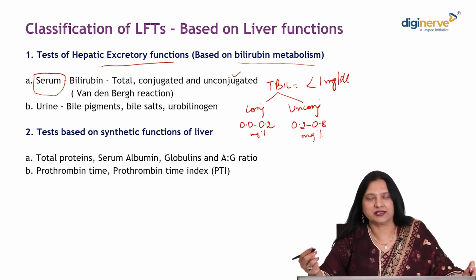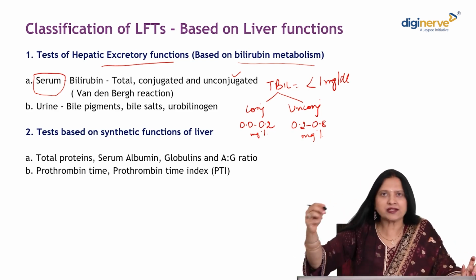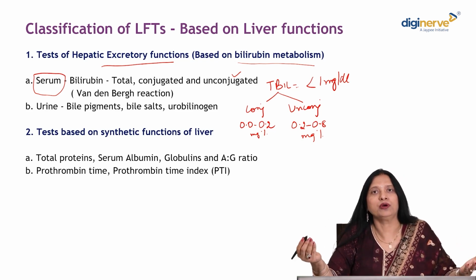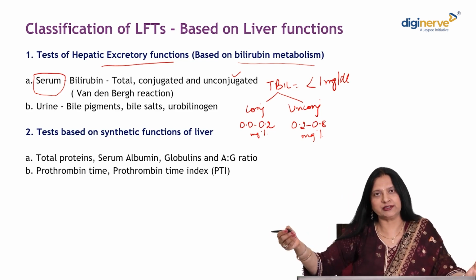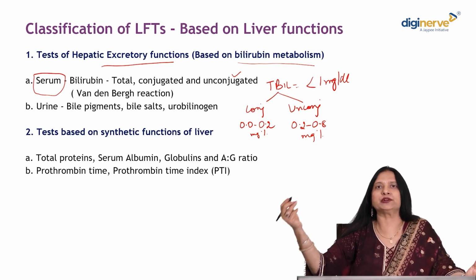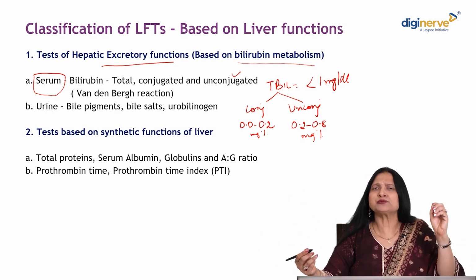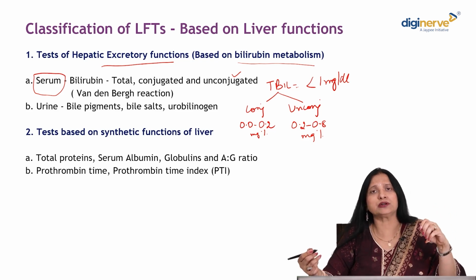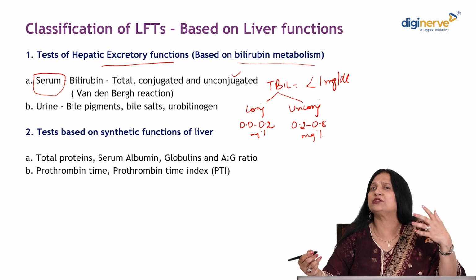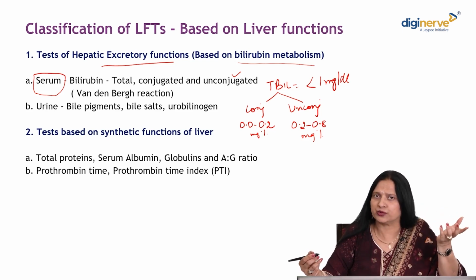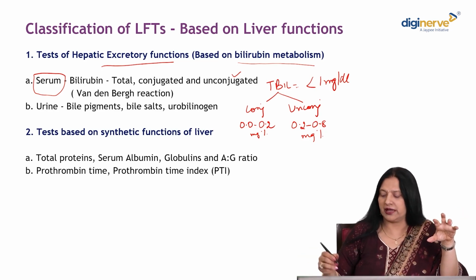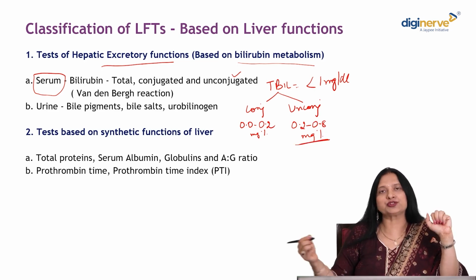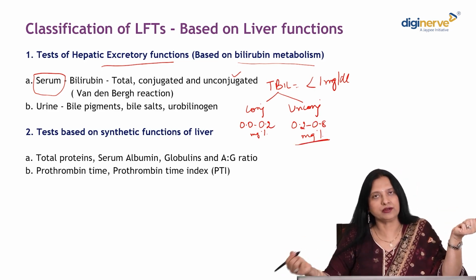As we have already discussed, after the bilirubin gets conjugated in the liver, it remains in the biliary channels. It doesn't come to the general circulation. It is conjugated in the liver, goes into the intestine and then gets converted into urobilinogen. Whatever very small fraction comes into the circulation is due to just the normal hepatic cell turnover. So it is the unconjugated fraction which is actually getting transported in the blood, and that is why the unconjugated fraction is much higher than the conjugated one.